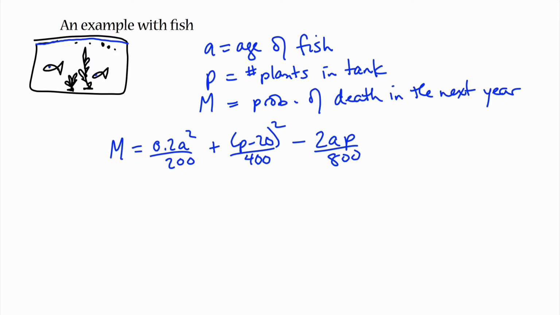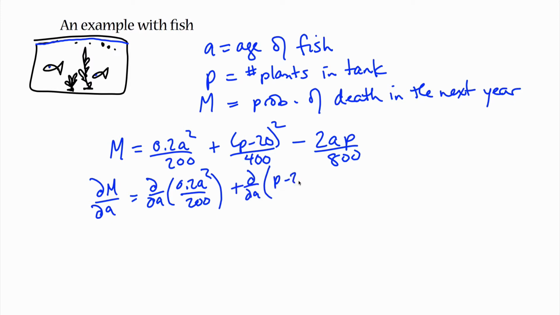so I want to know how mortality changes as age changes, which means I want the partial derivative of mortality with respect to age. So that's going to be dM by dA, which is going to be d by dA of the first term, plus d by dA of the second term, minus d by dA of the interaction term. So the first term,